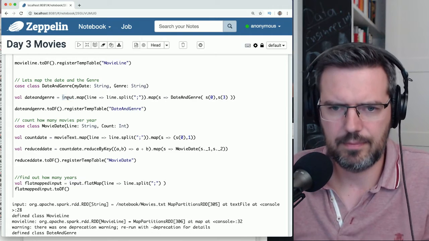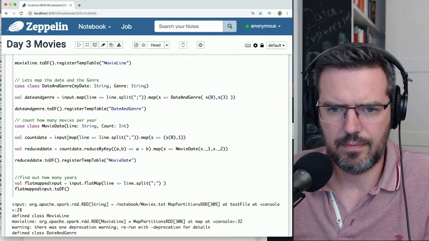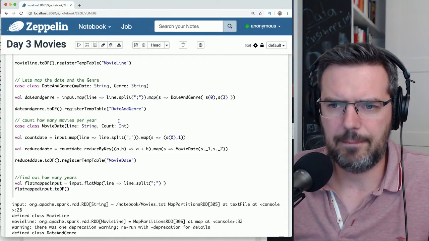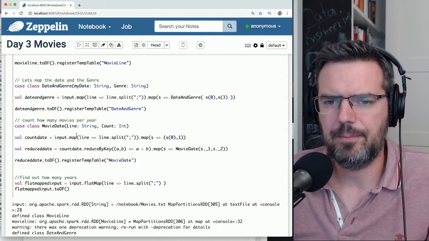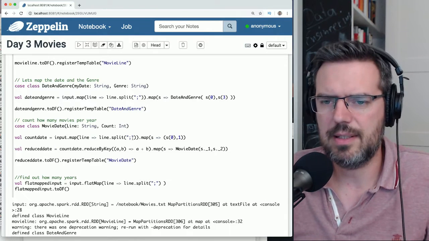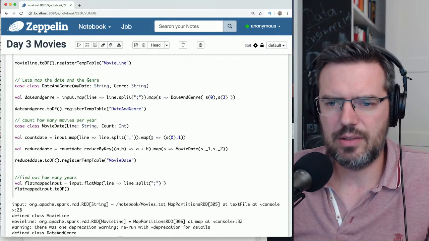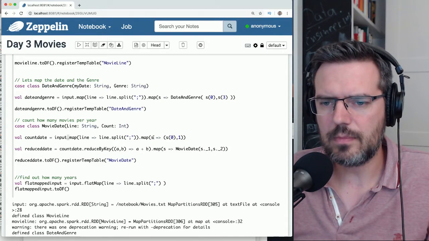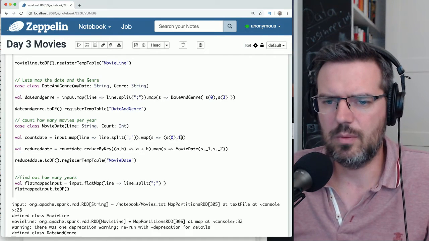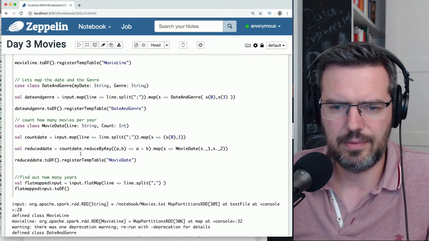We are going to take the input again and split the columns again. And then you take the date and pair it with an integer, just a 1. Add a 1 here.